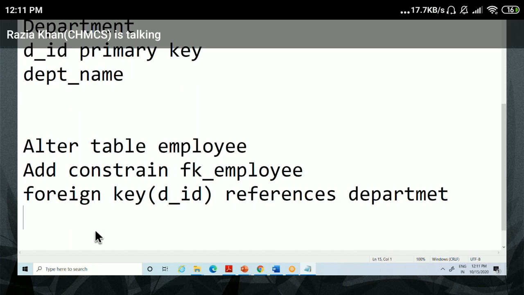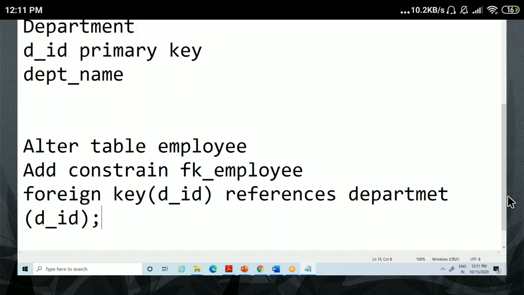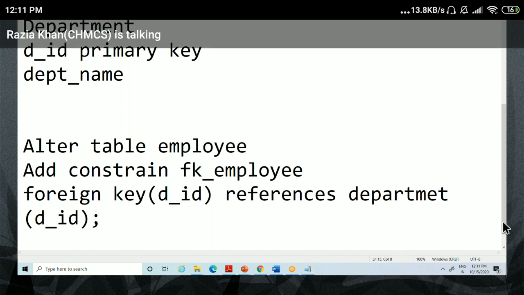Then department, and write down in brackets D_ID. So everyone understand, and in the last you have to write down the semicolon. Clear, everyone? Everyone clear? Because in your stored procedure, the syntax is the same, you have to write down the same syntax.